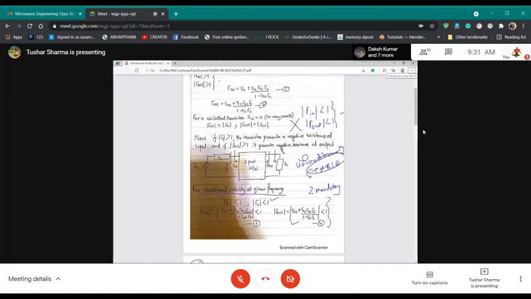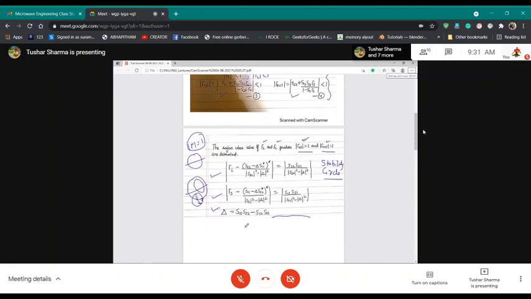gamma in and gamma out are dependent on gamma L and gamma S and the S parameters, it's possible that I can end up being on the Smith chart where my impedances can be negative. If my impedances can be negative, it will create oscillations. If it creates oscillations, I cannot use my transistor for amplification purposes. As a result, it's our duty to make sure that the transistor is stabilized before we do that.